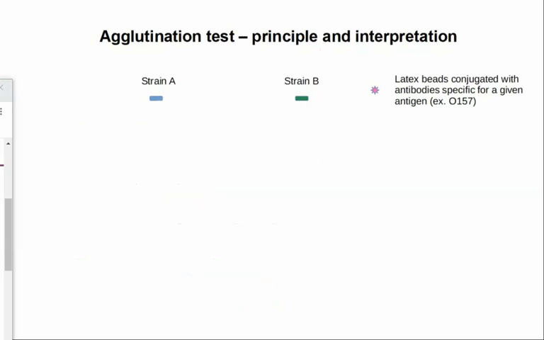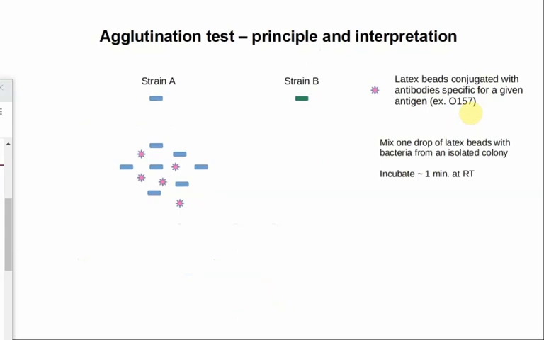So what you do is, once again, you need to start with an isolated colony on an agar plate. You pick a little bit off your colony, mix it up with some water or saline solution, and then mix it up with some latex beads that are conjugated with antibodies specific for a particular antigen. So for example, antibodies specific for the O157 O repeat in the LPS. You mix 1 drop of latex beads with bacteria from an isolated colony and incubate for 1 minute at room